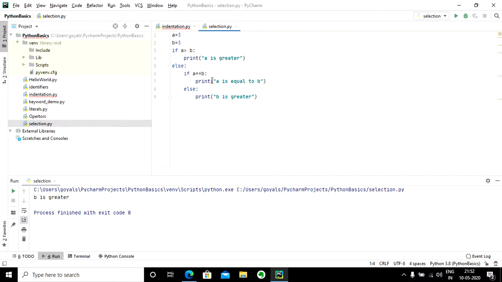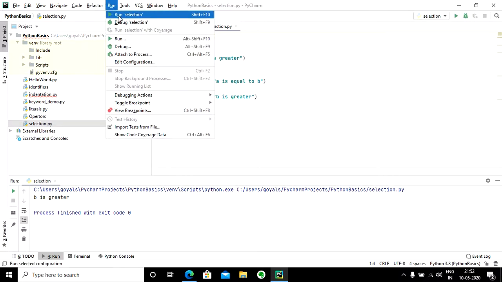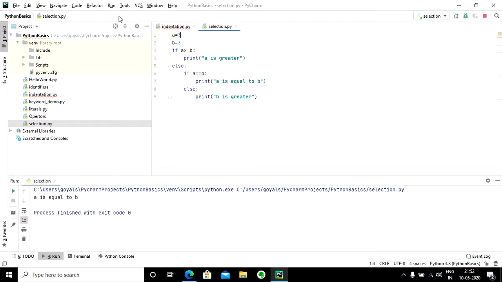Yes, the condition is satisfied, and hence it prints a is equal to b. It won't go to the else part. Let me execute this, and it says a is equal to b. Now let's change a to 4 and execute this code again.